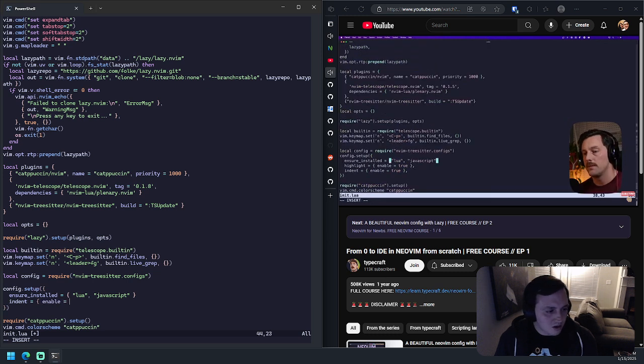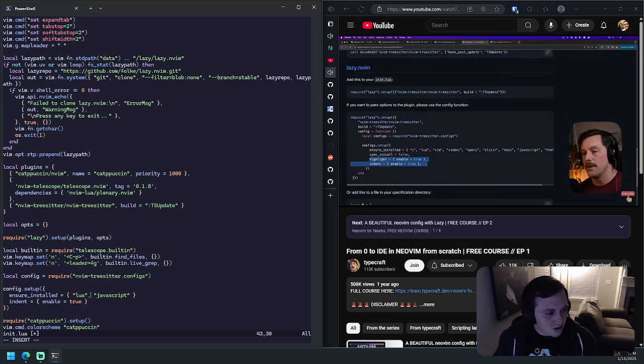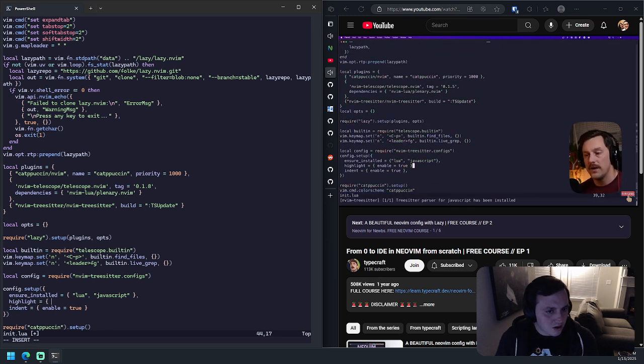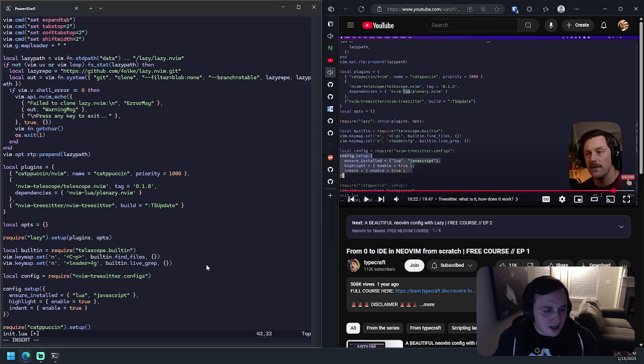I typed something incorrect. I believe that's right. Yes, I missed a comma. Whoops. Okay, so now tree-sitter has installed JavaScript because we said ensure_installed for Lua and JavaScript. And tree-sitter also has Lua installed. And now that we have set up tree-sitter by calling the setup function here for config,